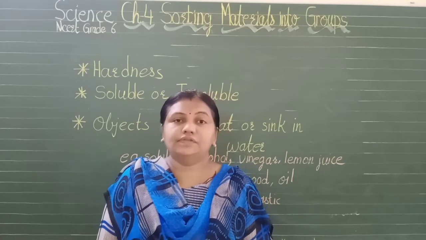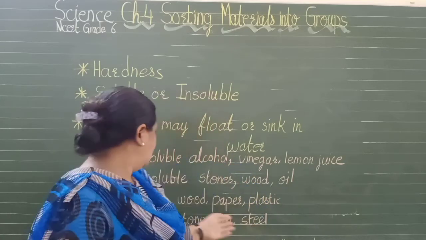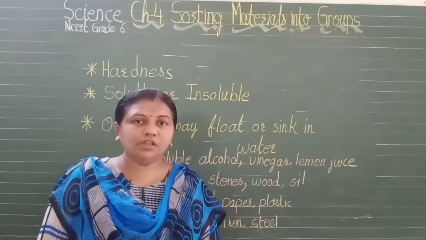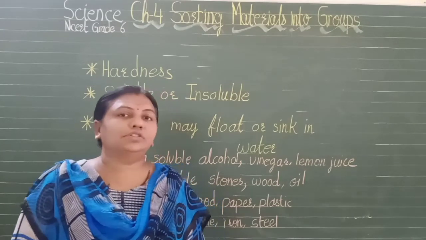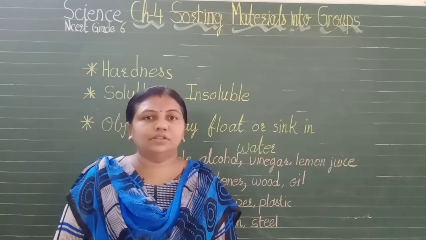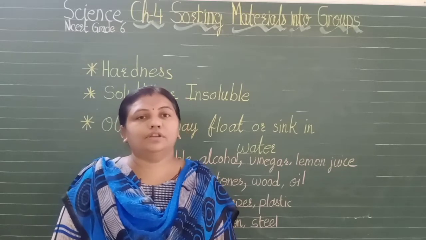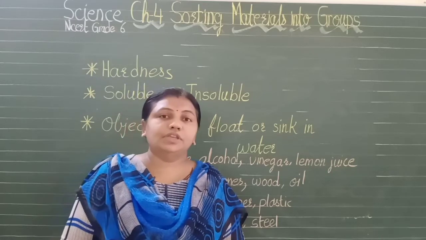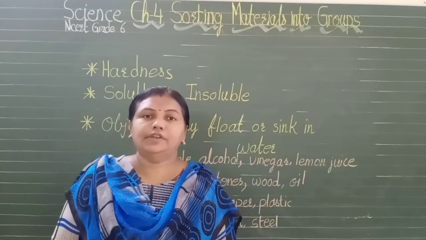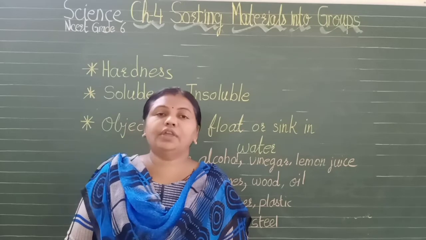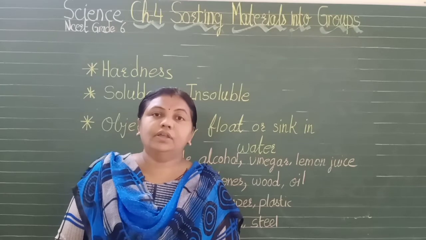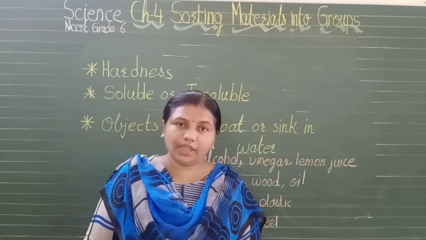So the things which float on water are mostly wood, paper and plastic. Many other objects also float on water, like dry leaves. You might have seen that when dry leaves fall in water, they float. Especially all the oils. Oils never sink in water, they float. You can take any oil, it can be groundnut oil, coconut oil, sesame oil or any oil.